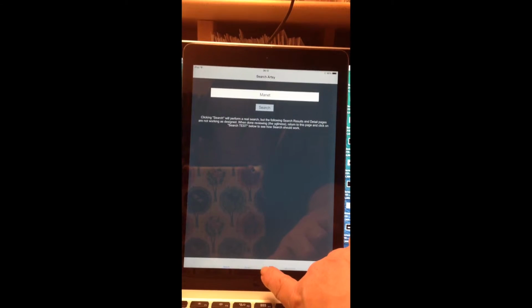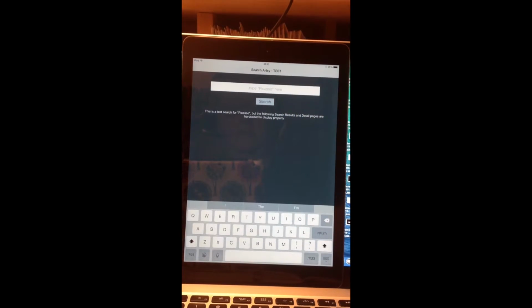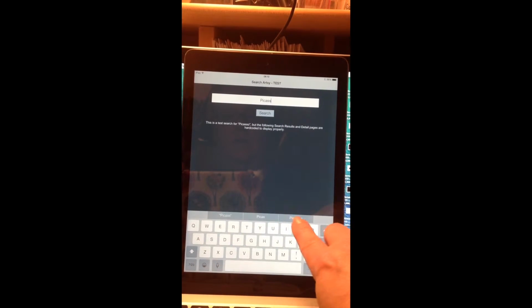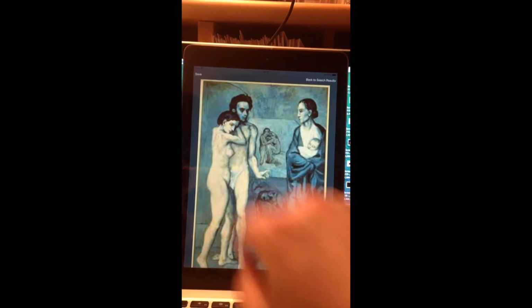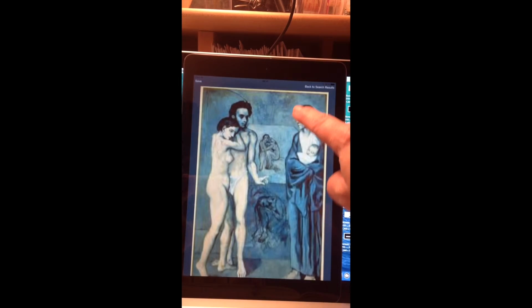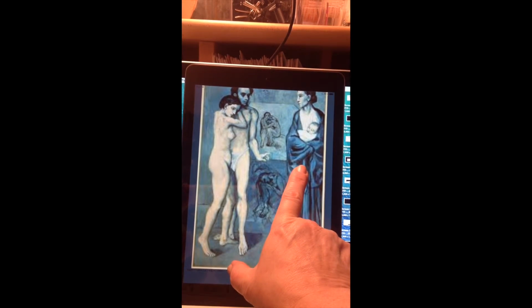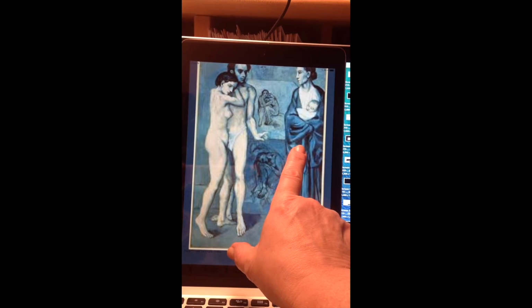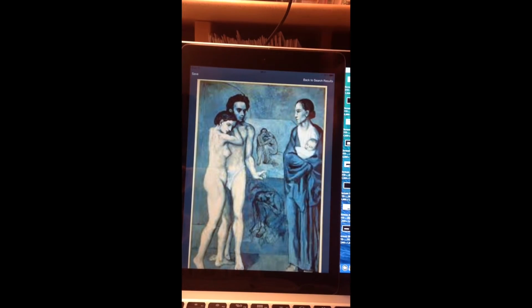So I'm going to go back. I'm going to click down here on my test search. I'm going to pretend to look for Picasso. Sorry, I am tired. Picasso. Search. And I get my saved images. And I click on my image. I see the details. It'll scroll because it happens to be bigger than the screen. And you can see down here, right where my thumb is, a teeny tiny name, and it looks like my text color. I bet I forgot to set that to the correct color. Anyway,